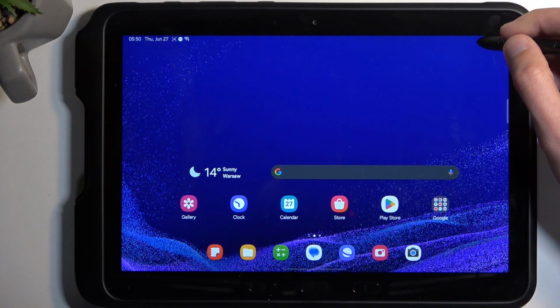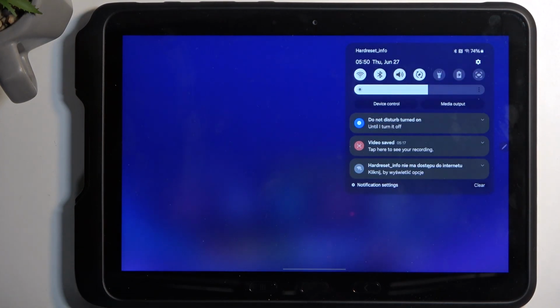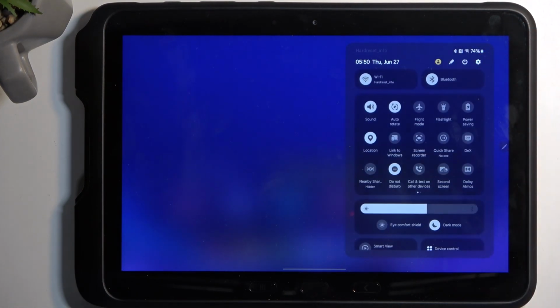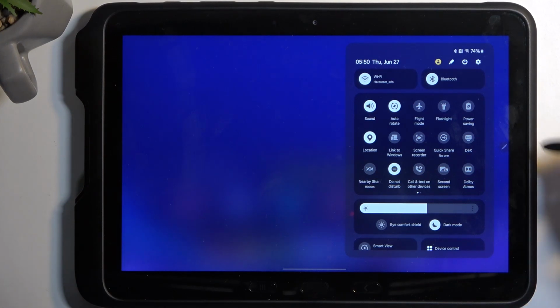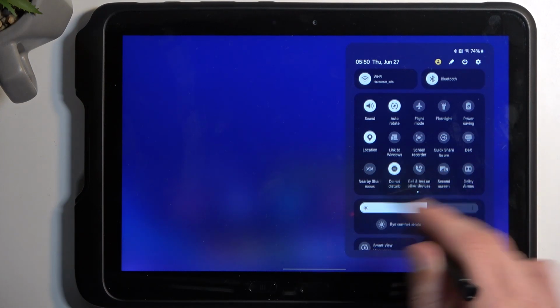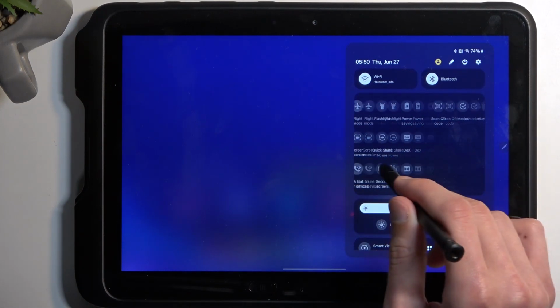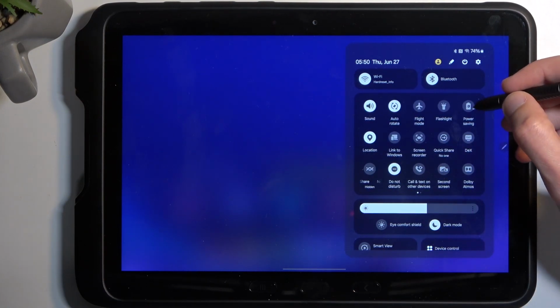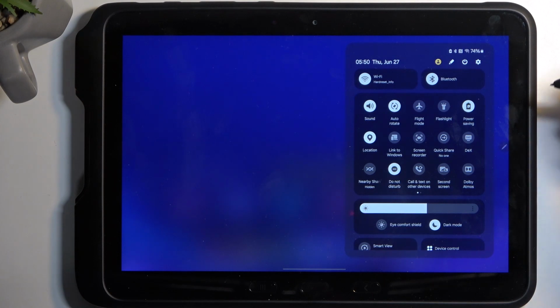Anyway, to get started, we're going to pull down our notifications by swiping down from the top of the screen and then swipe down once again to extend the list of visible toggles. Now, on one of the pages, you should have a power saving toggle like this one. So if you don't see it on the first one, you can swipe to the left, there we go, and you'll see additional pages. Anyway, once you see it, you can simply tap on it, and as you can see,